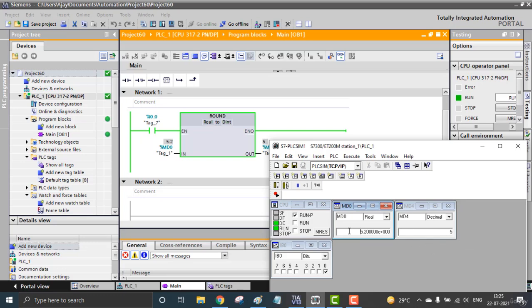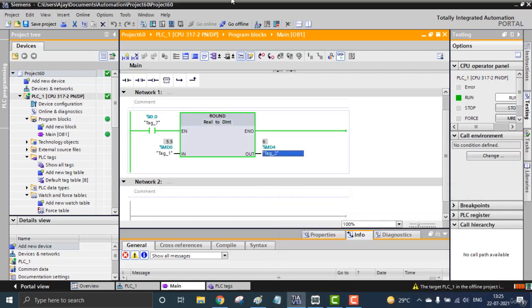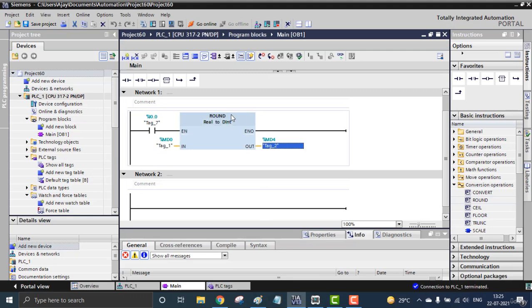Okay, nothing bigger. If I am giving 5.5, that will round off to 6, the very next integer. If the point value is 0.5 or above, we get the result as the very next integer. That is rounding off. So you can simply go to the very next block.